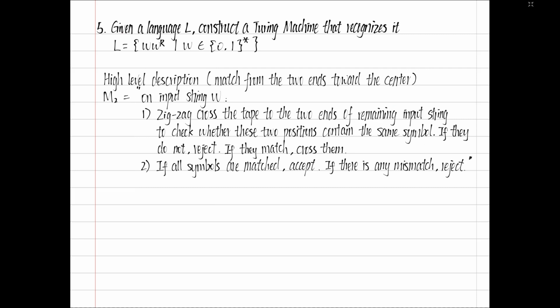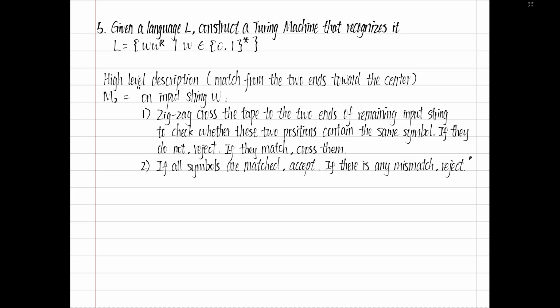Now let's see another example. We want to construct a Turing machine to recognize the language of even-length palindromes. The basic idea is still to match symbols from the two ends toward the center. In the high-level description, on input string W, the machine zigzag across the tape to the two ends of the